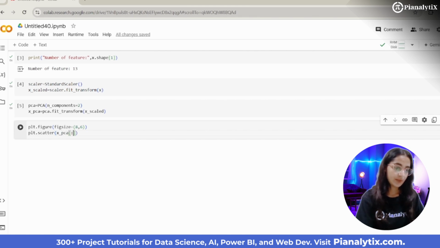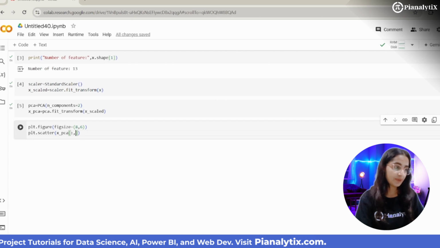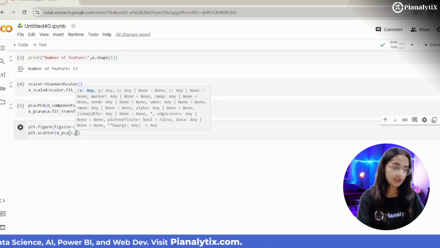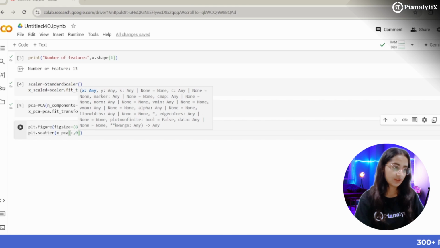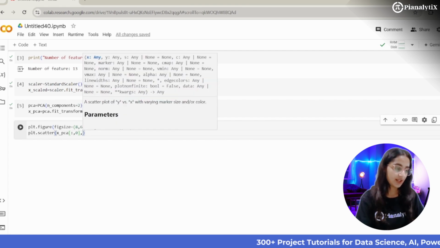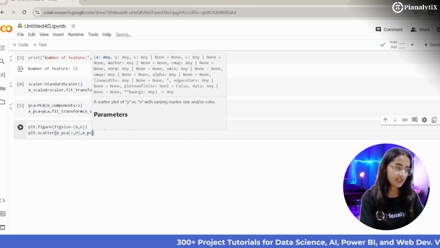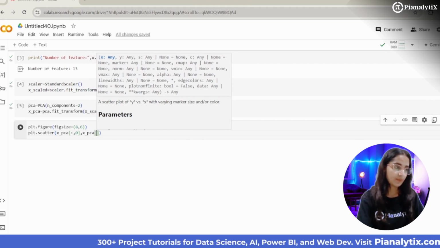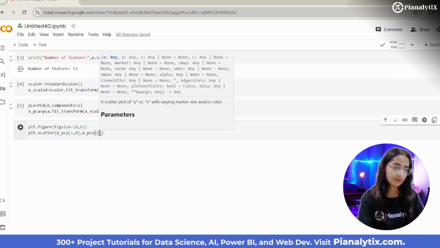Represent all the values in our PC1, which will show on the x-axis, and all the values of PC2, which will come on our y-axis.